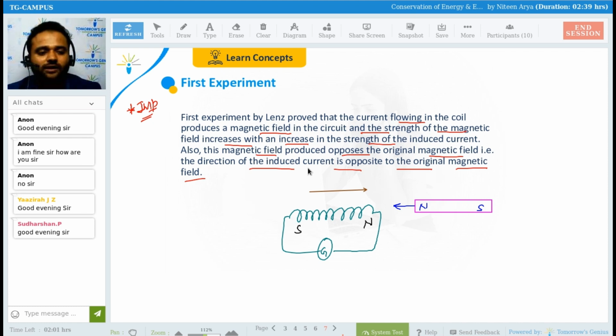Some of you might be thinking, as I did when I was learning the first time, sir, what happens if I put this in water? Obviously the thing is going to change. What if I change the surrounding? What if I use plastic? For plastic it is not going to happen. Maybe some of you are thinking in this way. What if I apply a plastic here? Where? Wait, I'm showing you where.